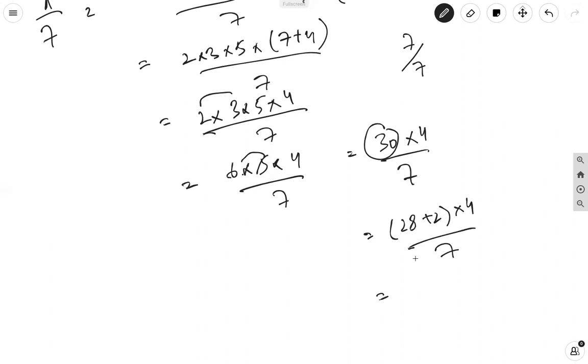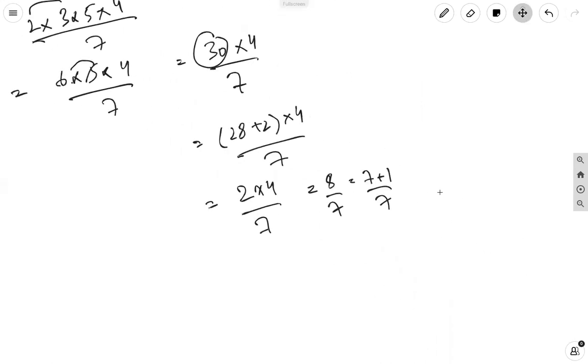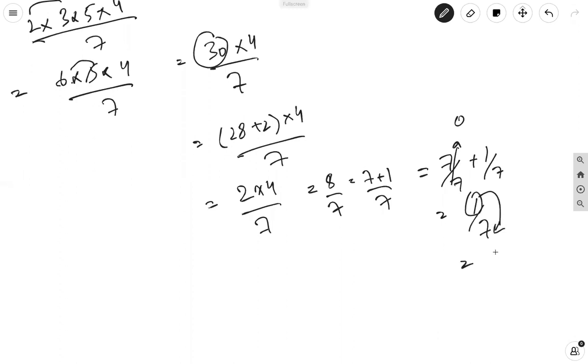So again, 28 is divisible by 7. The remainder in that case is 0. So we are left with 2 into 4 over 7. This is 8 by 7, which is 7 plus 1 over 7, right? So that is equal to 7 by 7 plus 1 by 7. Here the remainder is 0 and we are left with 1 over 7 because this is less than the divisor. So the remainder is 1,